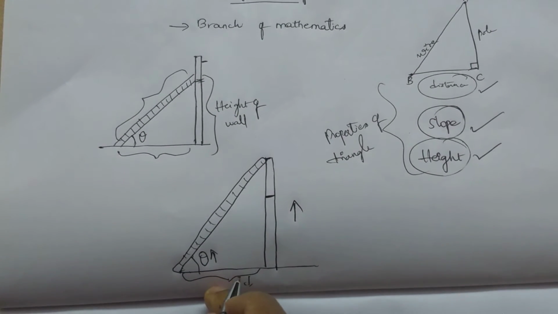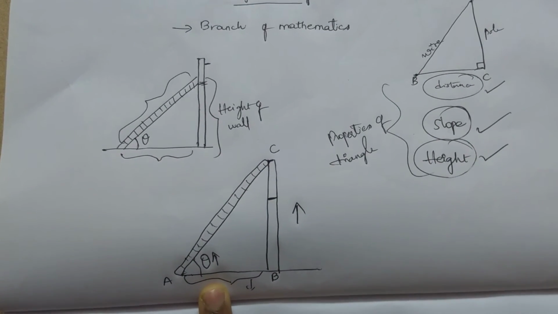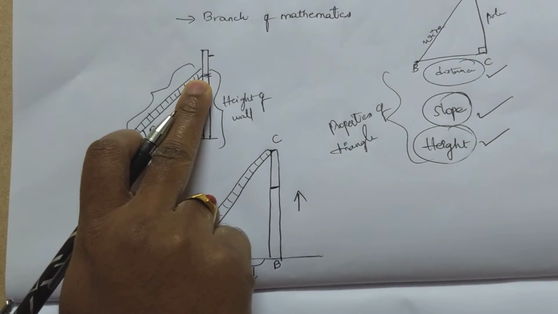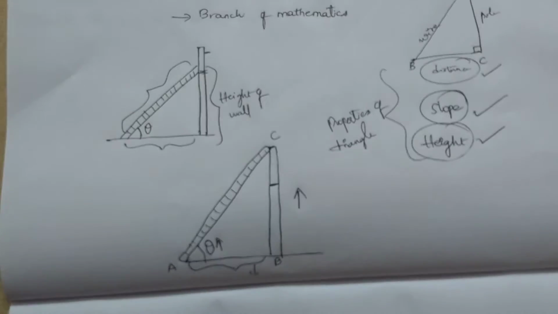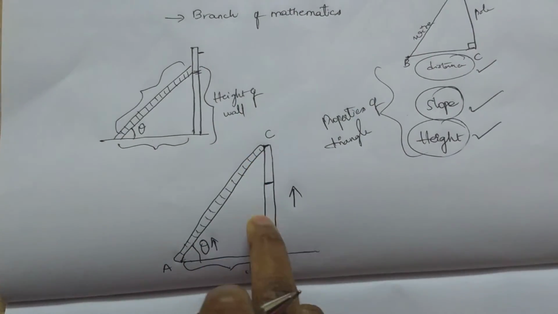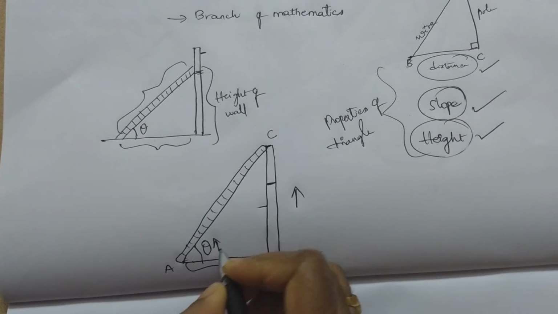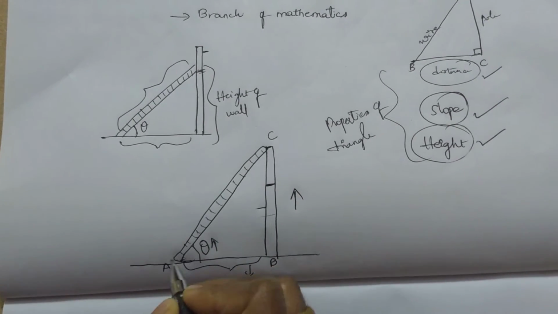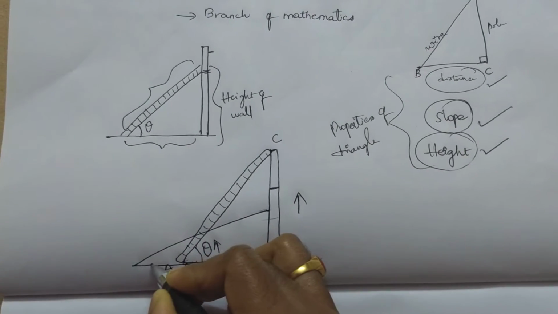So for understanding purposes, let me put this as A, this as B and the other one as C. This is the normal level which I told you. If a person wants to decrease the height, if a person wants to whitewash at a lower point, this is a higher point we have taken. Let's take the lower point. I am taking the point here. Let me place the ladder to the base. Let's see where it comes. So when you see here, when you consider this as a base, the ladder has to be placed like this.